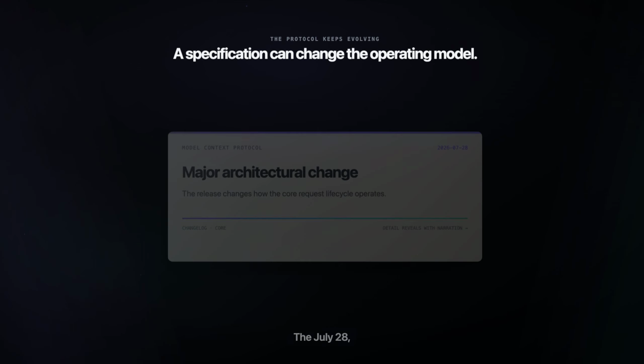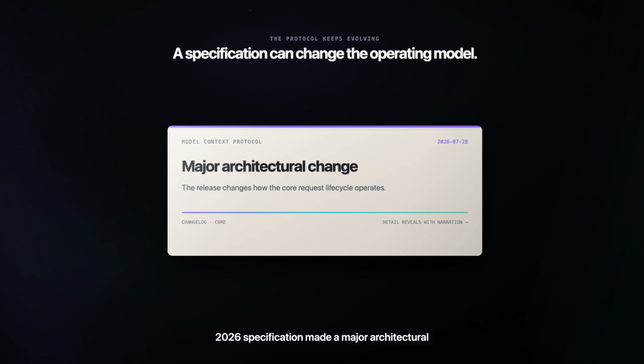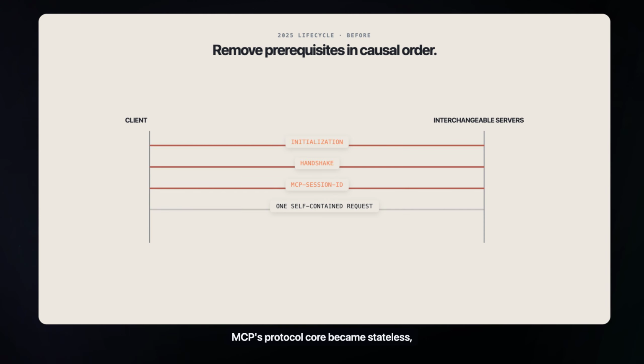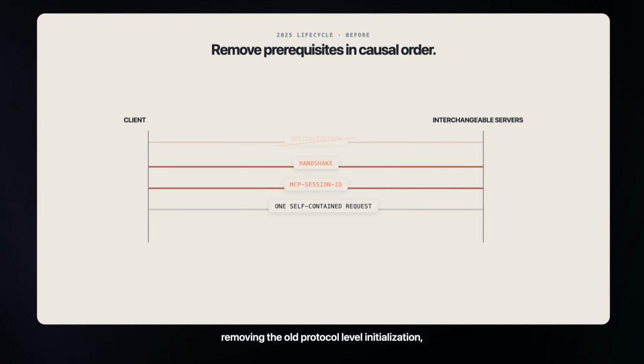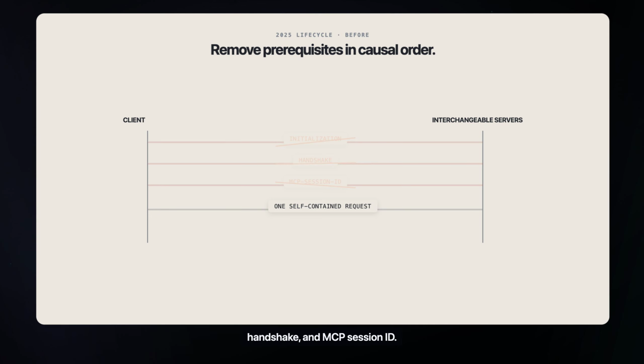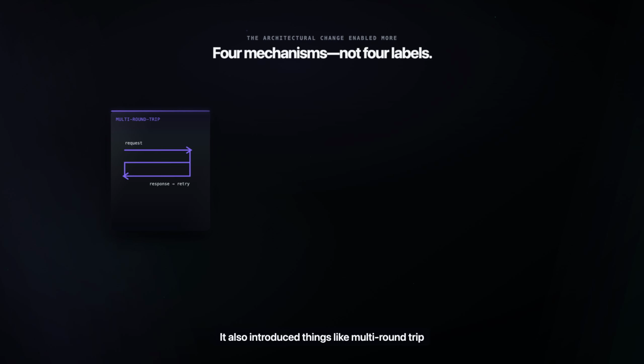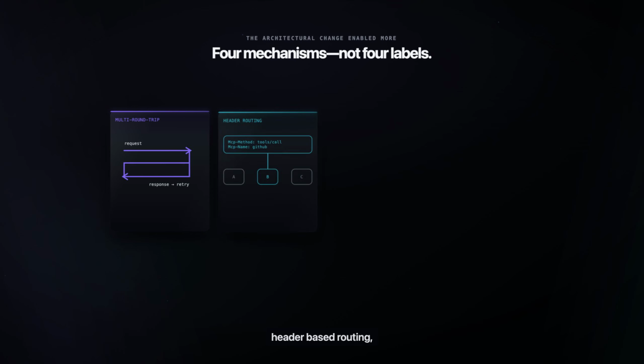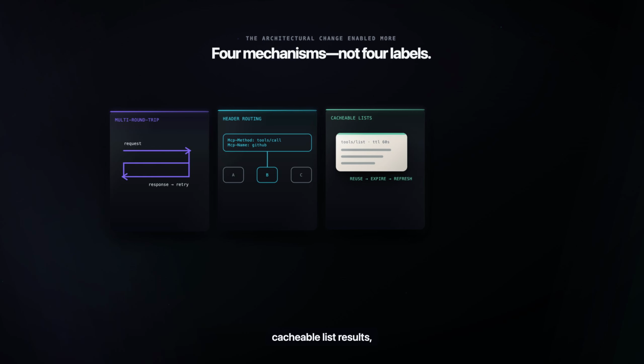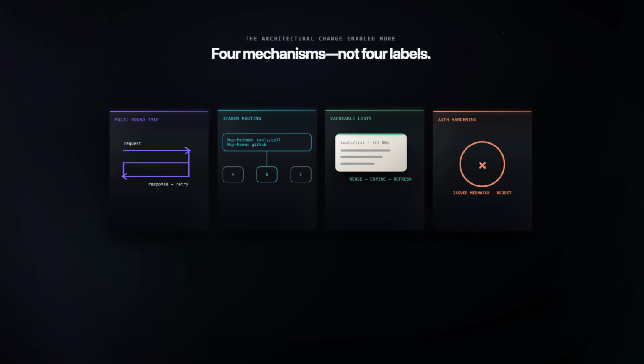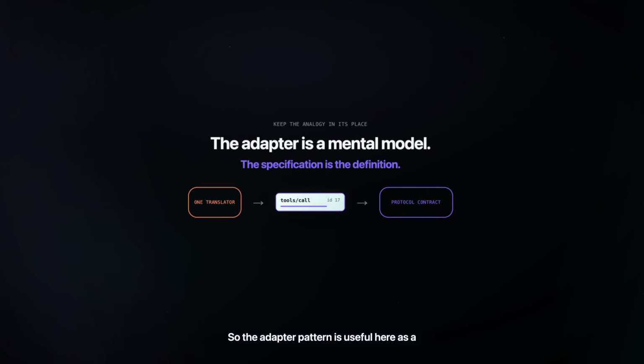The July 28, 2026 specification made a major architectural change. MCP's protocol core became stateless, removing the old protocol-level initialization handshake and MCP session ID. It also introduced things like multi-round-trip requests, header-based routing, cacheable list results, and authorization hardening. So the adapter pattern is useful here as a mental model, not as the definition of MCP.